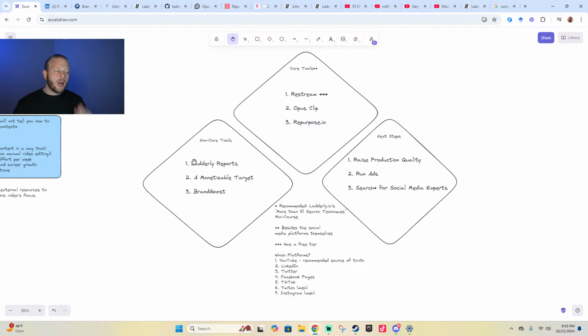Okay, so it's optional to use those reports. Otherwise, there's all sorts of ways you can figure out your best videos. You can just go to TikTok and just sort by views. It's not the most elegant way to do it, but you can get a quick look at your top videos. There's other ways to do these things. So non-core tools, I like to use those reports.